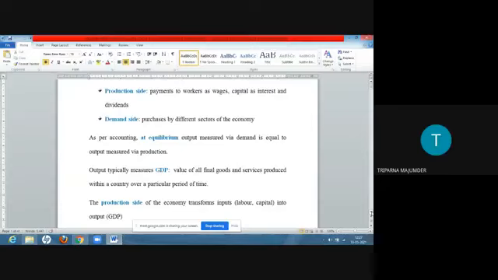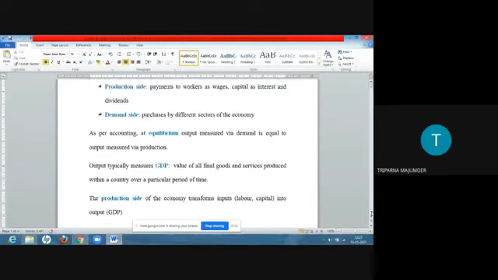We have to know where it is produced. That is a particular country. Our GDP is different from the GDP of the US, that we all know. So whenever we talk about GDP, we mean GDP of a country. And another thing, the period of time, it may be a year. Usually we can take a year or a quarter of a year. So the time period also has to be mentioned.